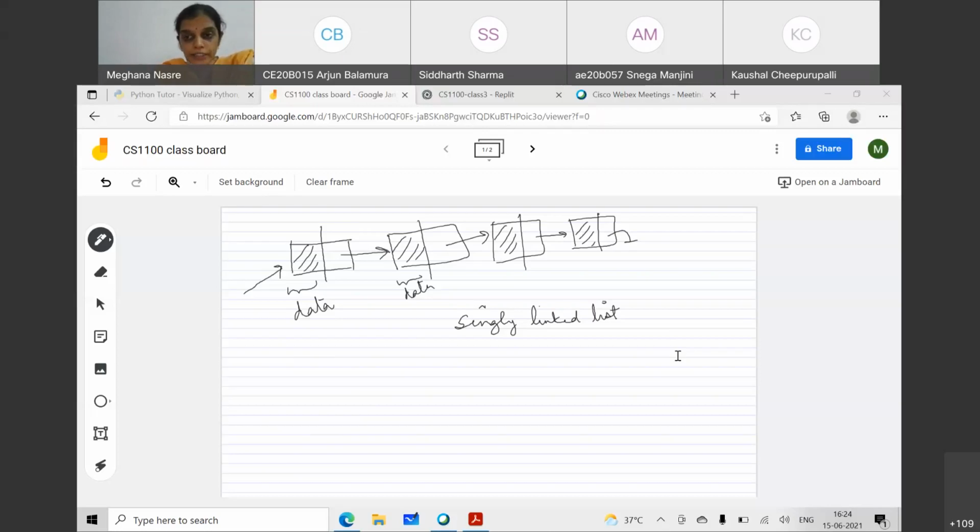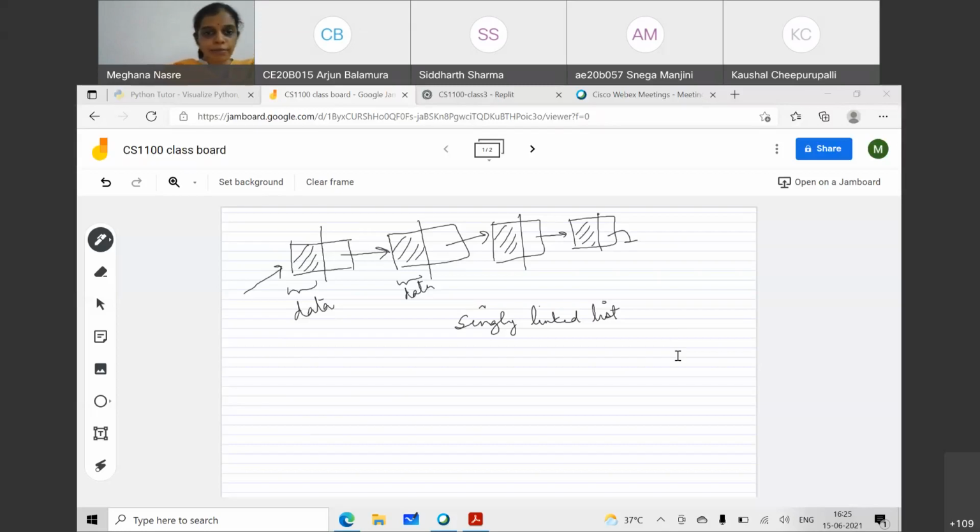That is very important, that you may want to search something, some element already present, and you may want to sort the linked list based on some element. Let's say you may want to sort the students based on their marks, or based on their departments, or based on their TA, and so on. So you may want to sort this thing. You may want to search elements in the singly linked list, right?